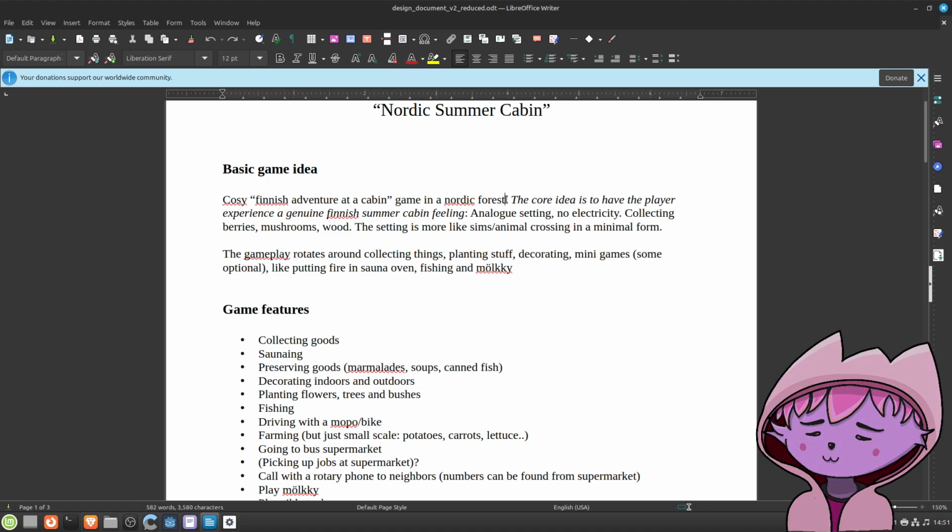What I want is the player to experience a genuine Finnish summer cabin feeling, disconnected from the digital world, being in nature, listening to nature sounds, collecting things, doing all kinds of things Finns do in a summer cottage.